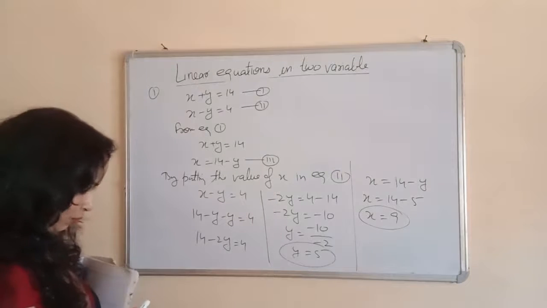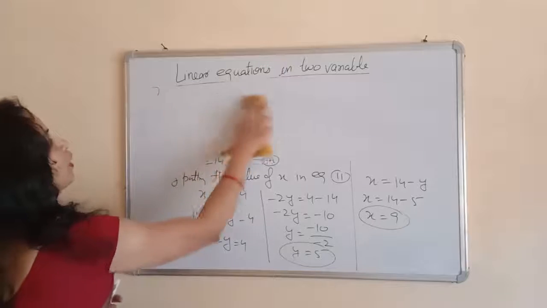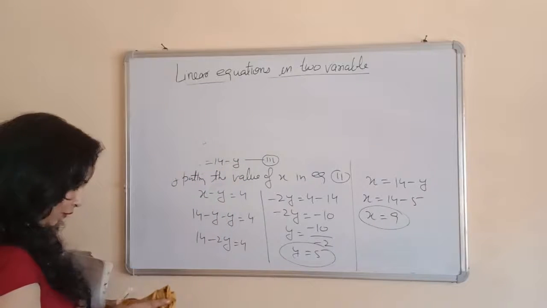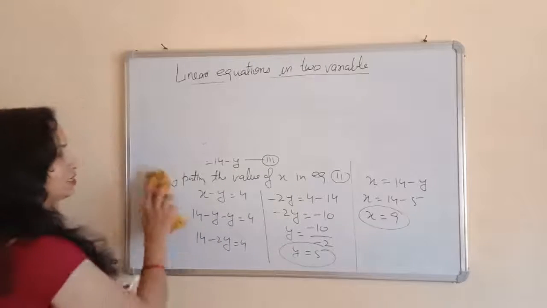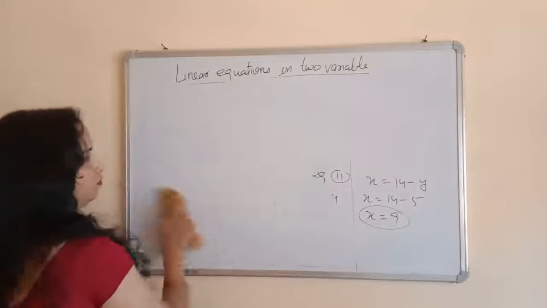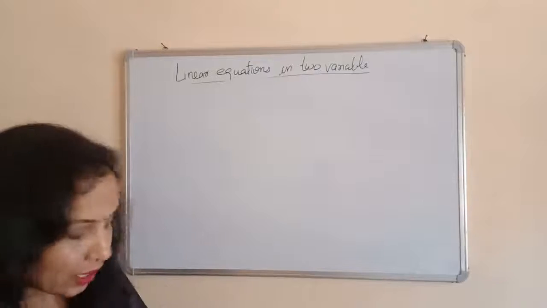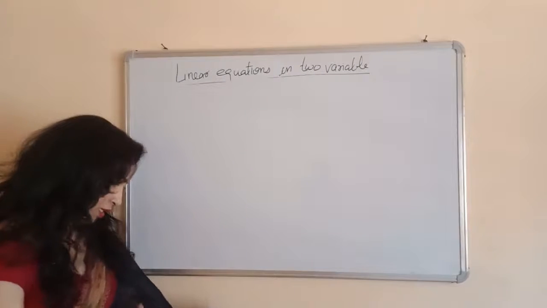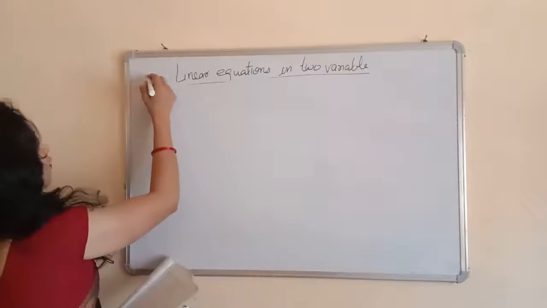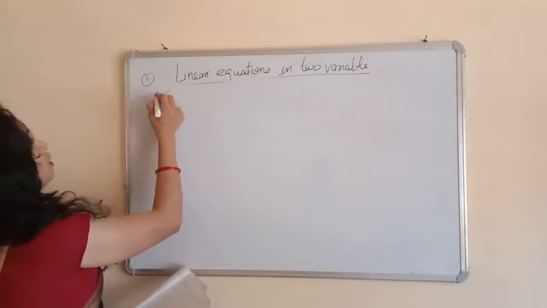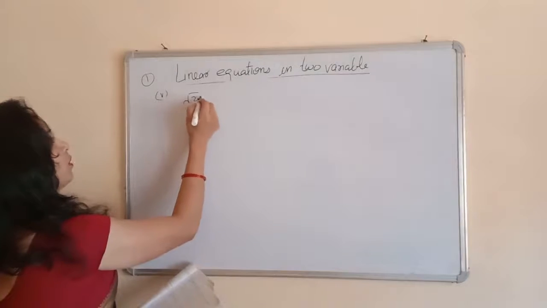Now I am going to explain one more part of the question. If you want to write the answer, you can pause the video for writing the answer. Okay. Now I am going to explain the other part of the question. This is question number 5. I am taking question number 5 because in this question the numbers are in roots and most of the students have problems with roots.